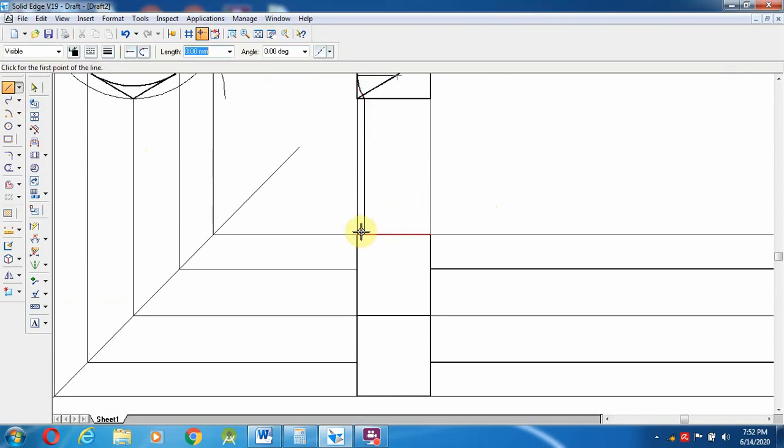This I am going to keep as a midpoint. One point I am going to take, that is A.